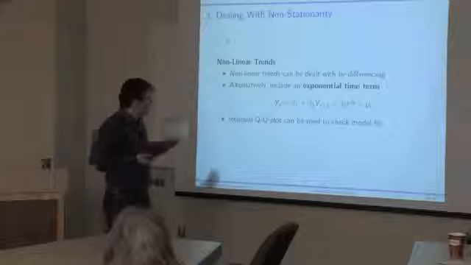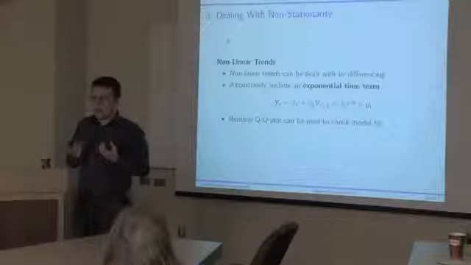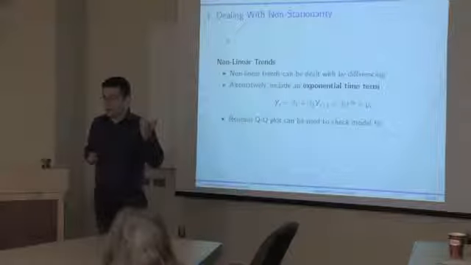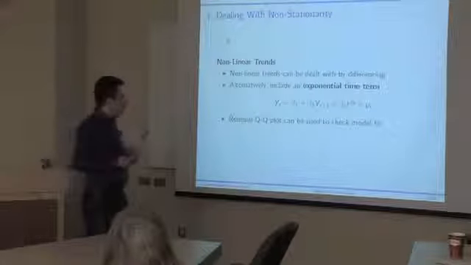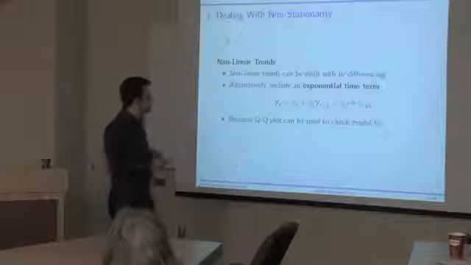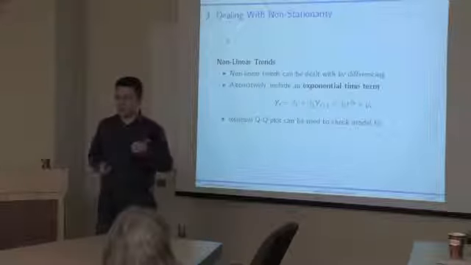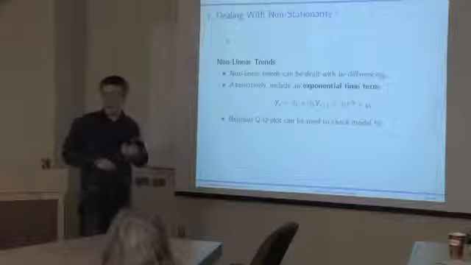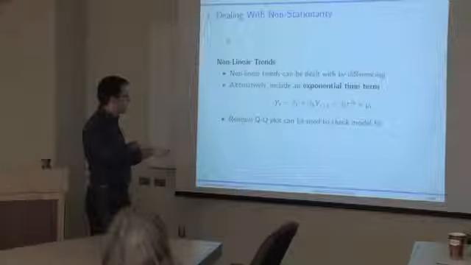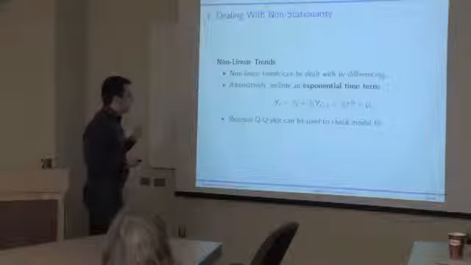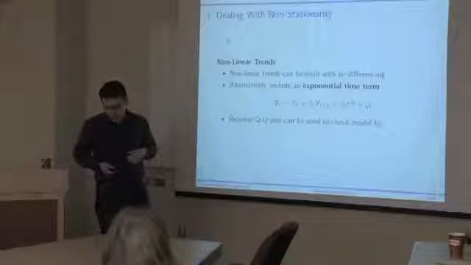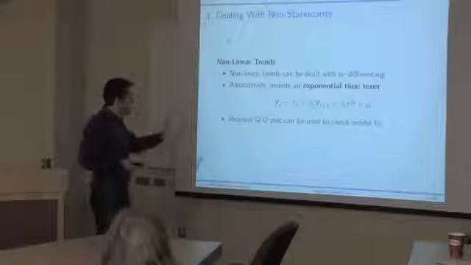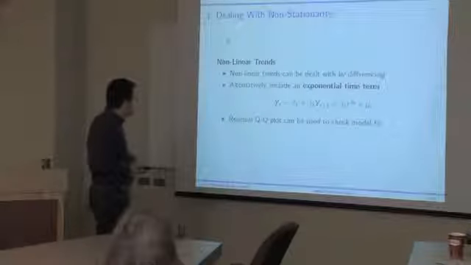So in this case, again, we can explicitly take this exponential trend into account by including a separate trend term in the model. But now, instead of just including time as a regressor, we're going to include an exponential of time as one of the regressors. So it's going to get another coefficient, the exponential on time, and we'll be attempting to estimate the model using this nonlinear, exponential trend term as one of the regressors.